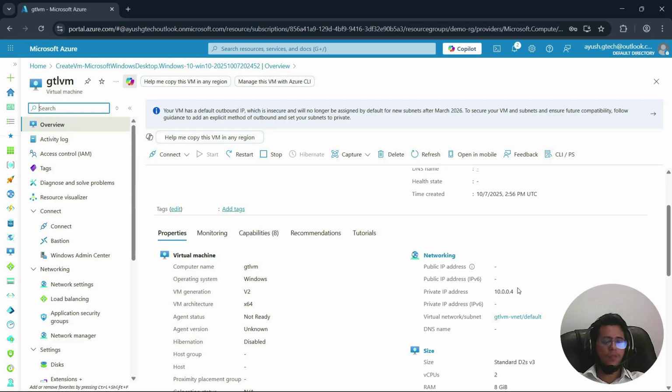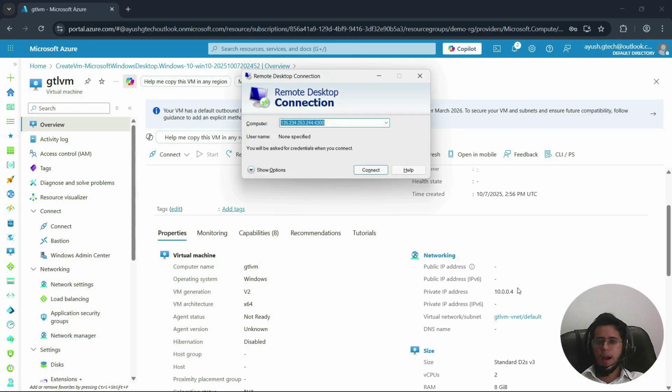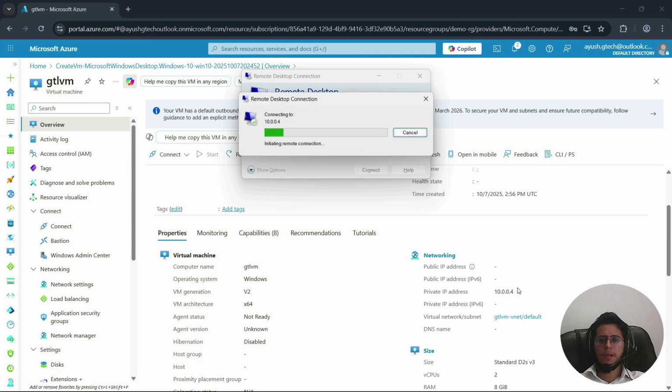So here I am opening the remote desktop connection manager and giving the private IP of my virtual machine, 10.0.0.4. I'm expecting an error here because this IP is not routable over the public internet and I will not be able to connect to my machine.